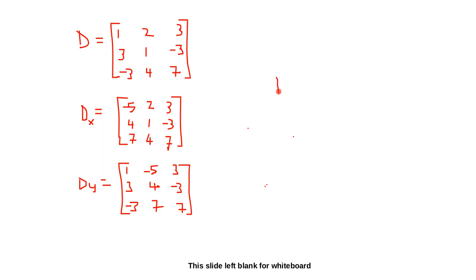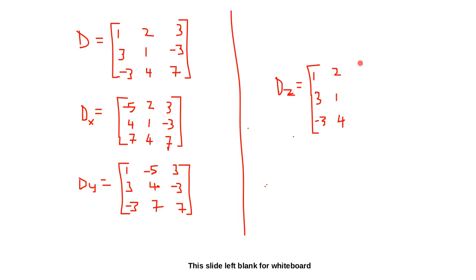Then we have dz. So maybe I can write it here. dz, again, only the last column, the z column will change. So we'll have 1, 3, -3. Then we have 2, 1, 4. This is 3. Sorry, not 3, but that will now be -5 because that is what is changing. So please take note of that. -5, 4,